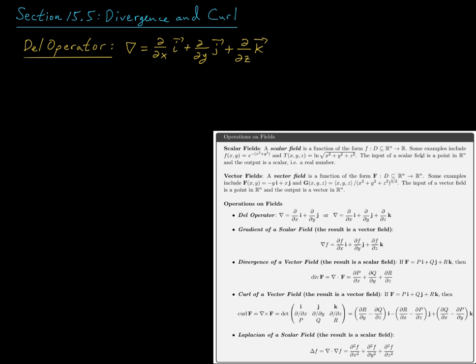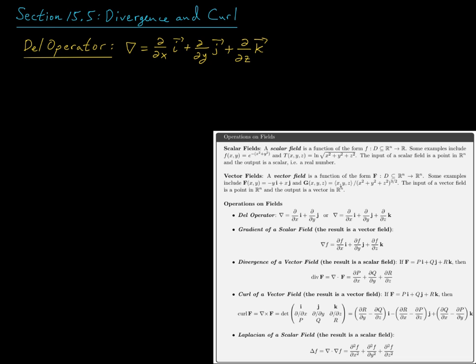So its input here is just going to be a point either in R2 or in R3, and the output is a real number. So in other words, the output is a scalar. So here are 2 such scalar fields. Okay, now we distinguish these from vector fields that we introduced at the beginning of this chapter. Now, vector fields, remember, are just functions whose input are points in either R2 or R3, and the outputs are two-dimensional vectors in the case of a two-dimensional vector field, or three-dimensional vectors in the case of a